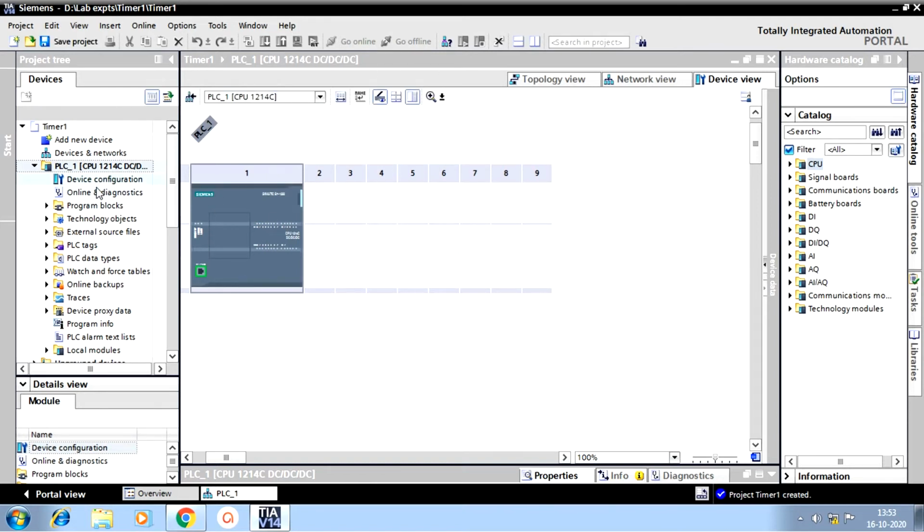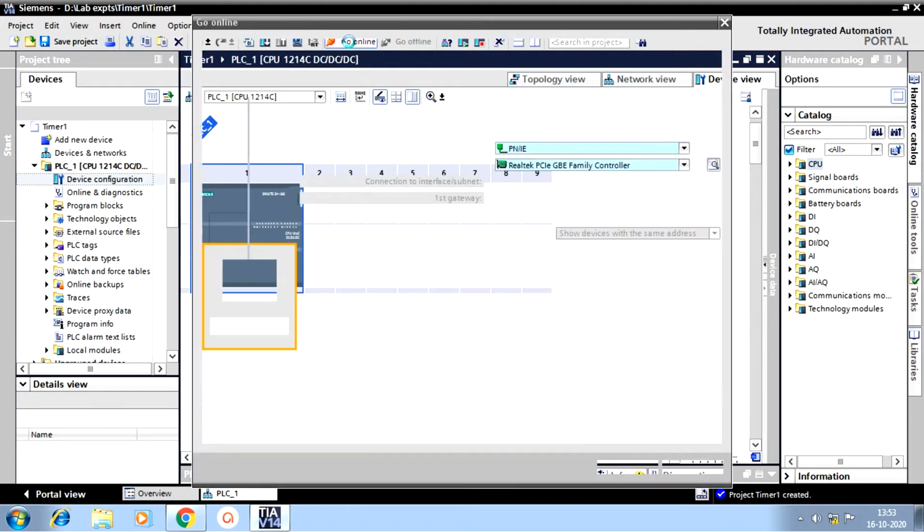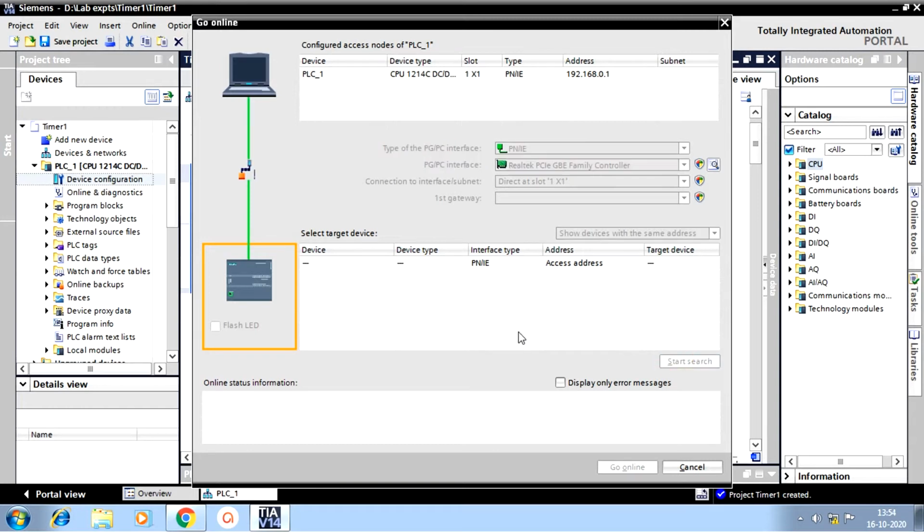Now we have to configure the CPU. So go for device configuration and this will be shown, the hardware, and click go online now. So here we have to select the target device. So give start search. So initially you can notice the CPU and the device is not connected.